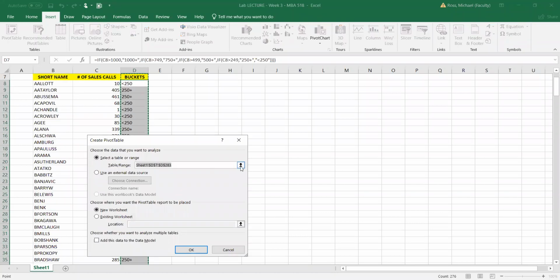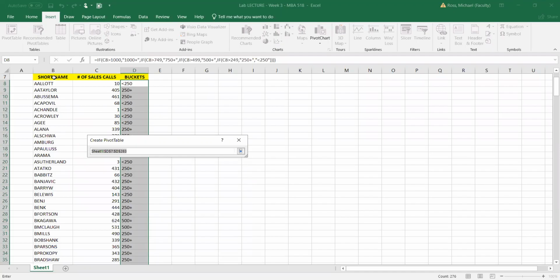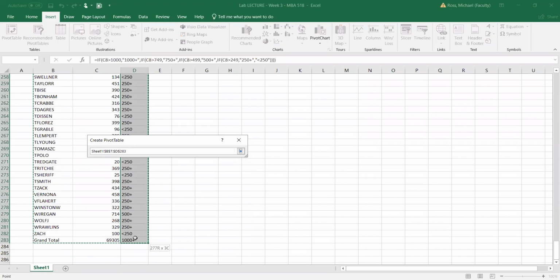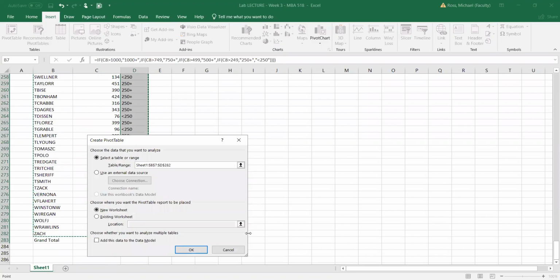And it looks like it didn't grab all the data. So we always have to double check and make sure that all the data has been selected. I'm going to ignore the grand total because it doesn't make sense in this analysis. Okay, so I've highlighted everything I need to highlight. I'm going to hit enter, and then